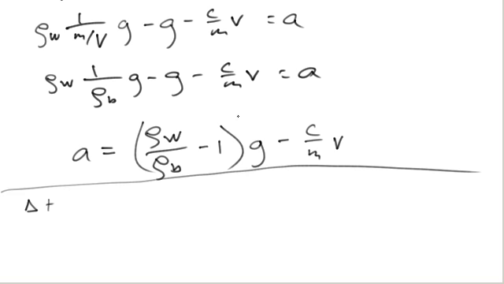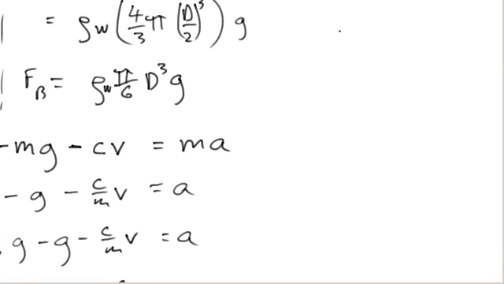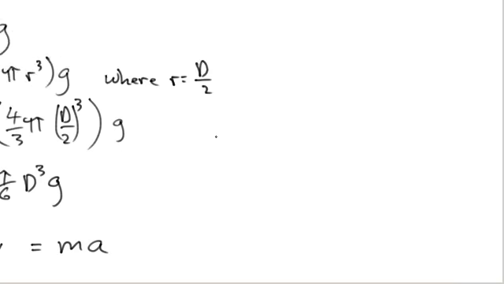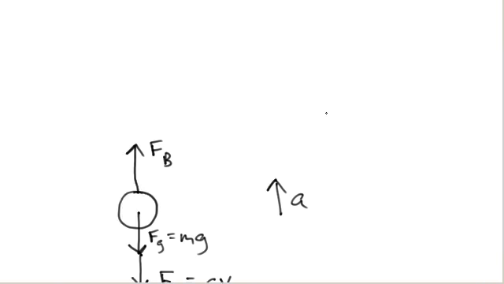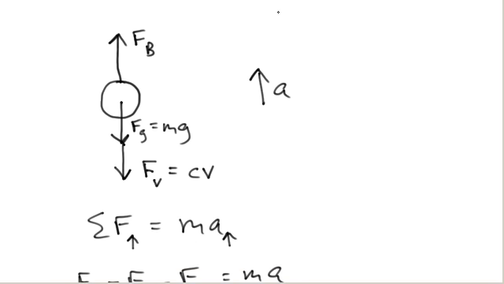Oh, by the way, I guess I need rho B. Let's go ahead and get rho B. I can do that first. So rho B